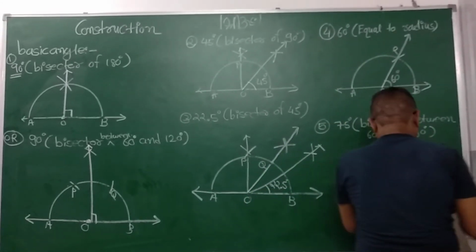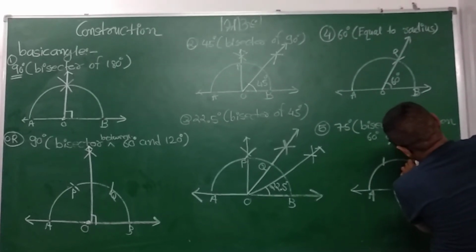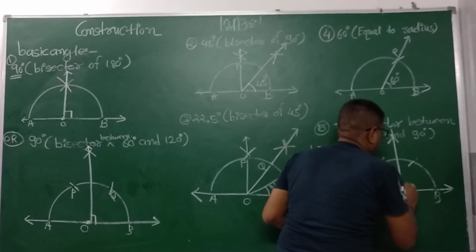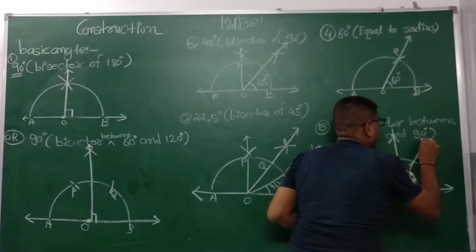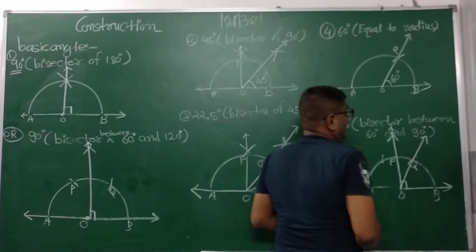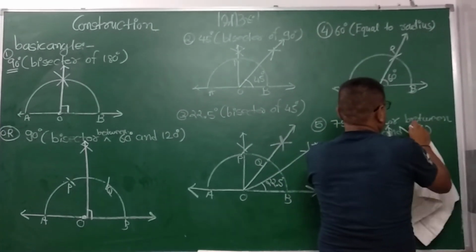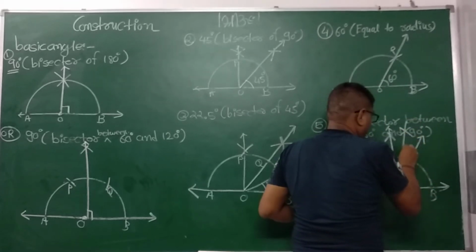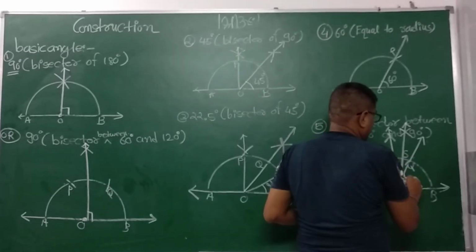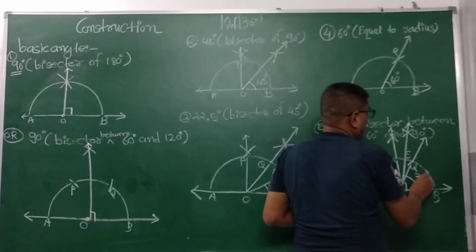So we have to draw 90 degree like this way. Then the 60 and its bisector. This is not intersecting, so we have to just draw it. That is known as 90 degree. That is known as 60 degree. So points P and Q. We keep our needle on points P and Q and take an arbitrary arc where the arcs intersect. You join this ray, that is known as S. So angle SOB is known as 75 degree.